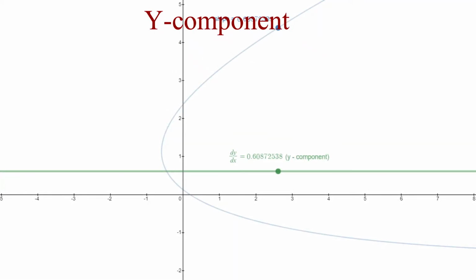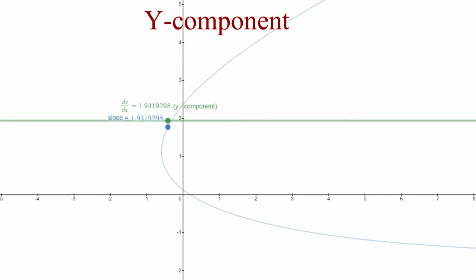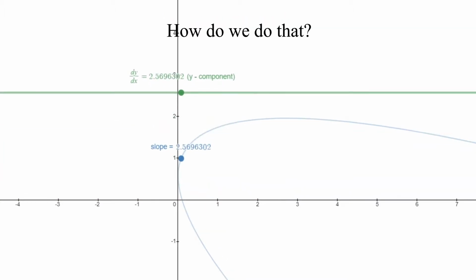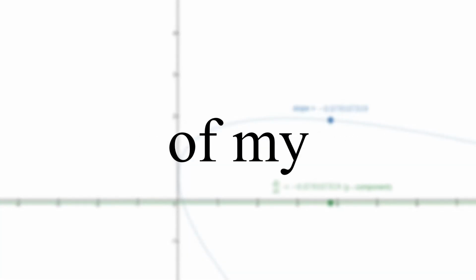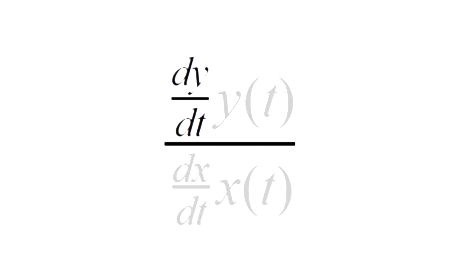This is a component representing the dy dx of the rotated curve, or in other words, the rate of change in y as x changes. So how do we do that? Well, I've hinted at the answer already. If you've watched the second episode of my PPF series, you may recall that the dy dx of any parameter is just dy dt over dx dt, which is the derivative of the y component over the derivative of the